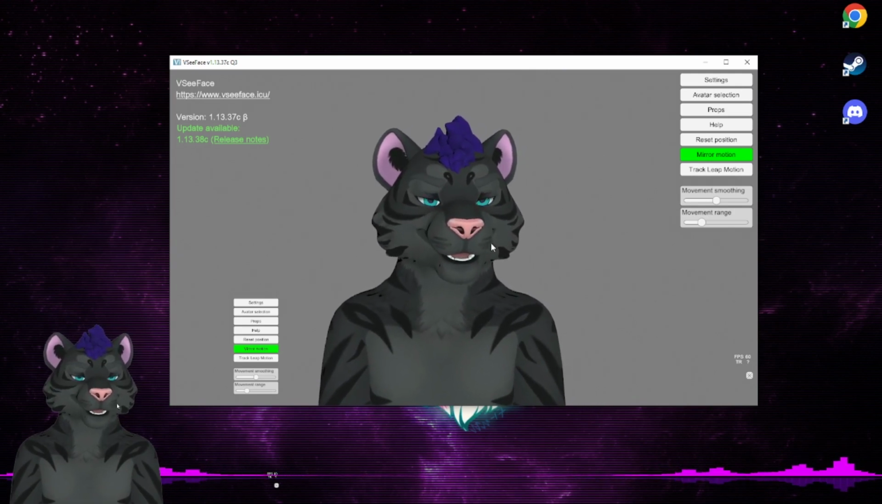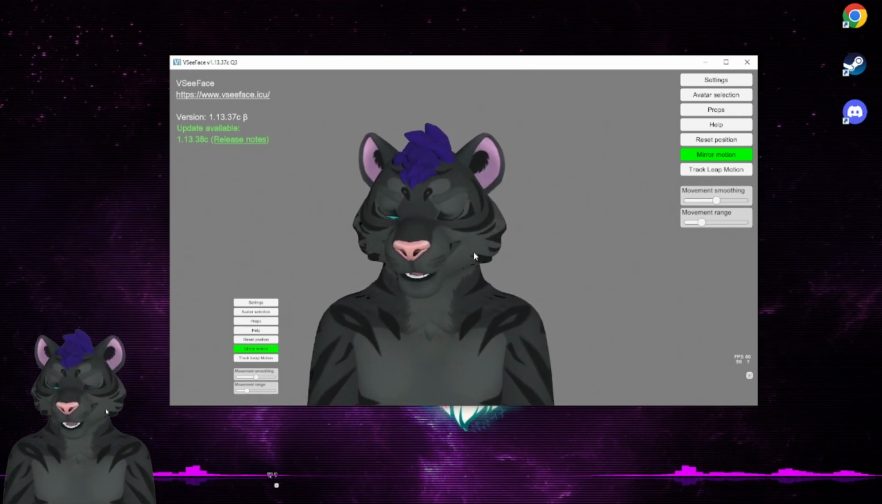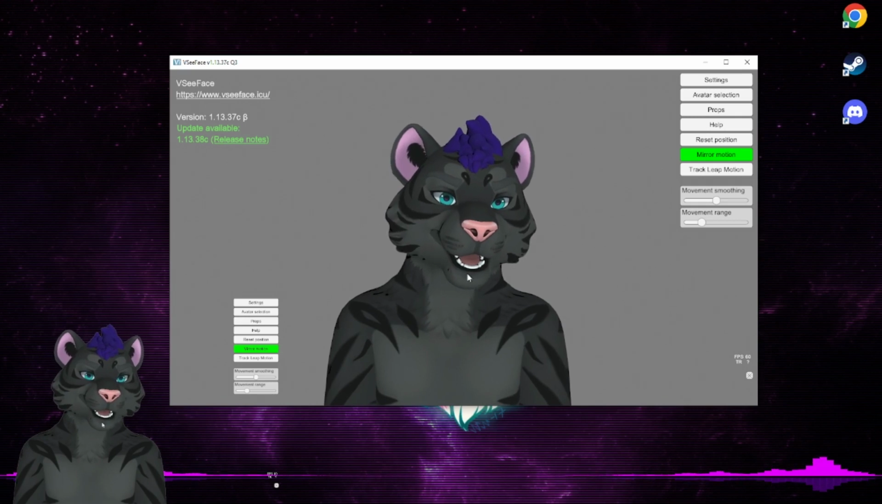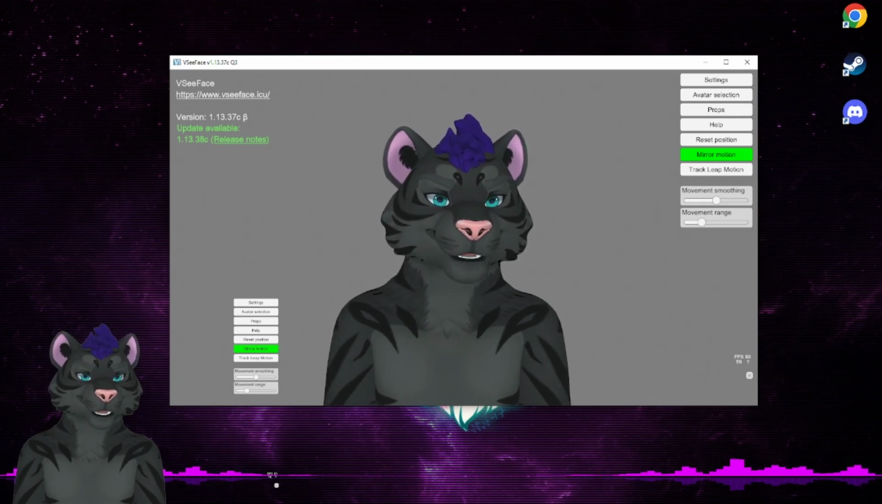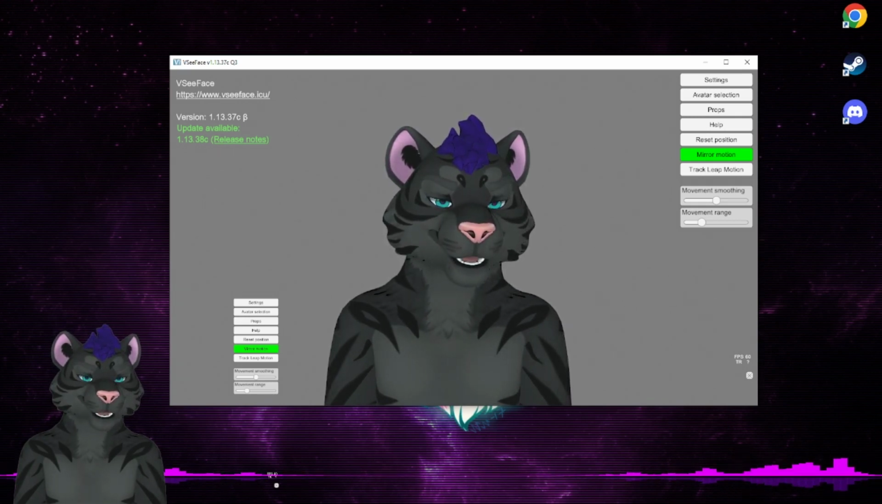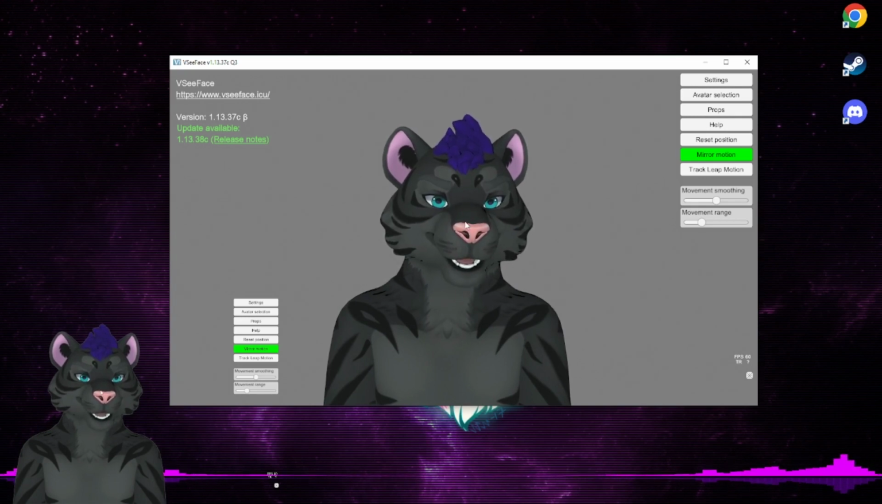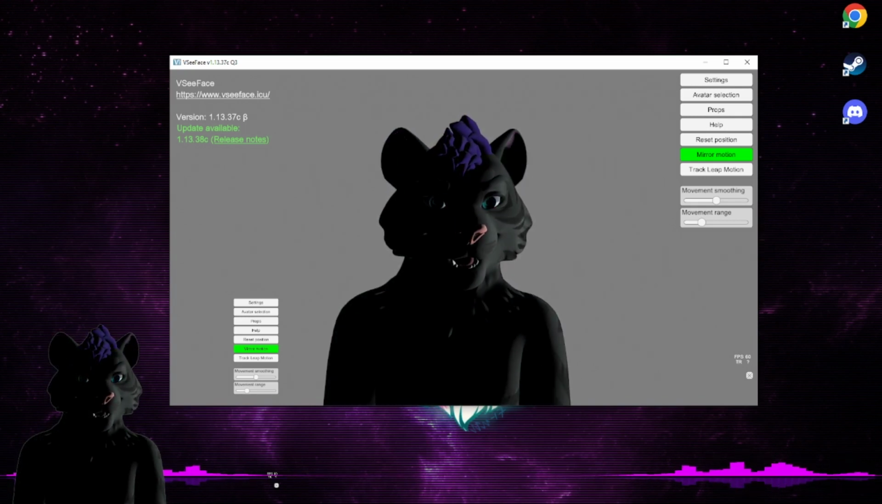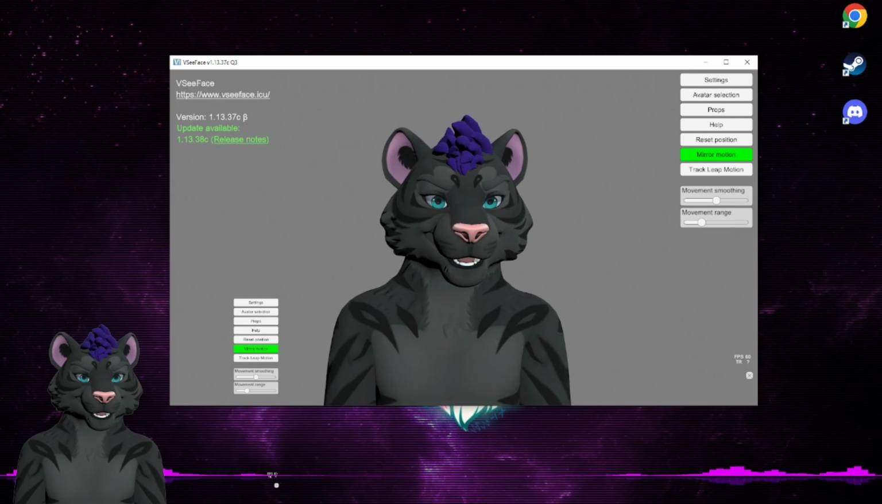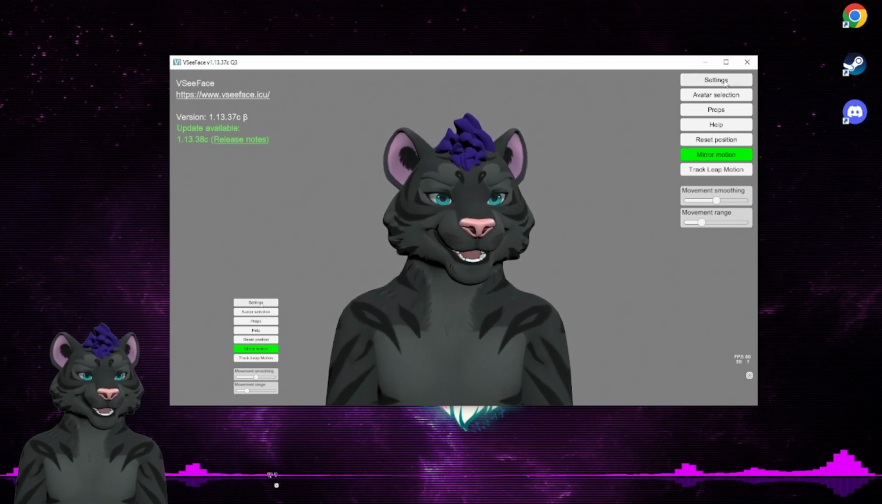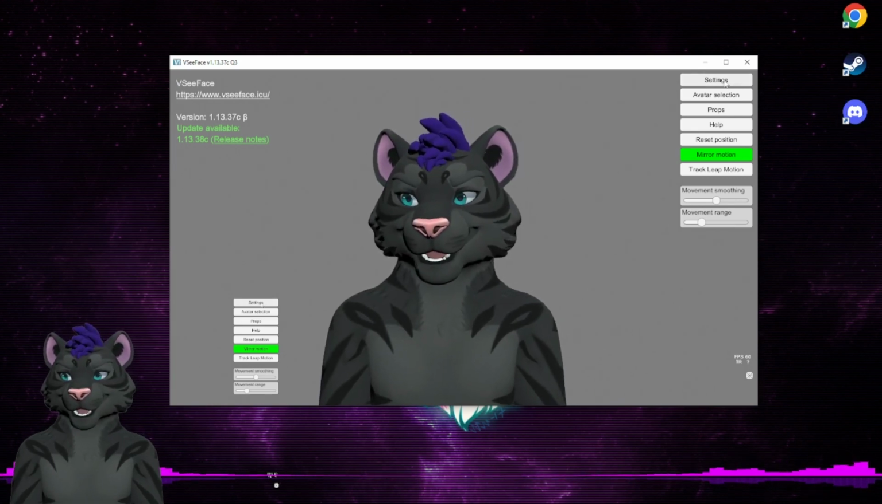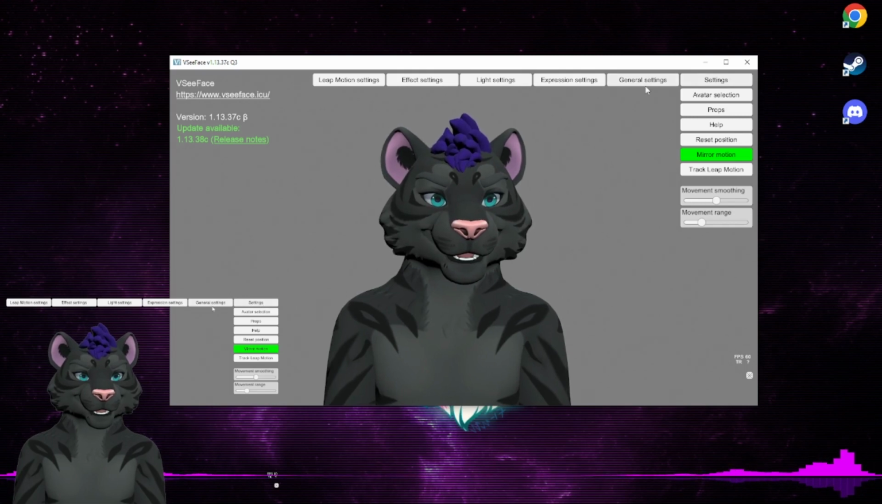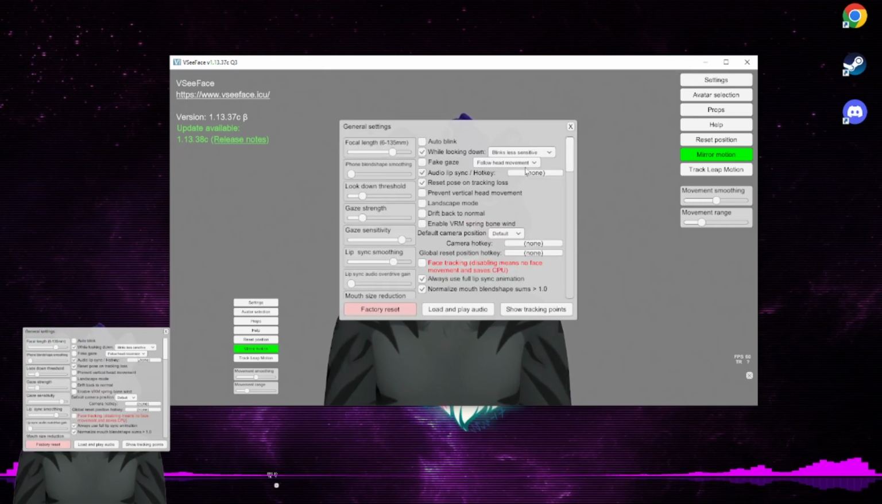From here, if you want to do some fun things like there is lighting settings, you can change your sun in VSeeFace by holding down Control and then left clicking and dragging, and it allows you to move your lighting around. Some settings with VSeeFace that you can do is you can go ahead and go up here to General,